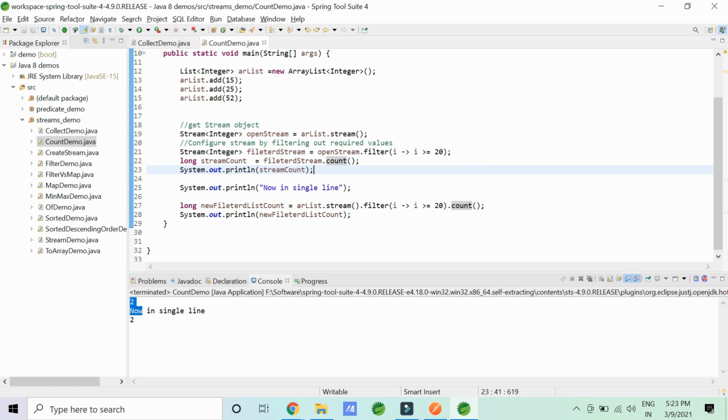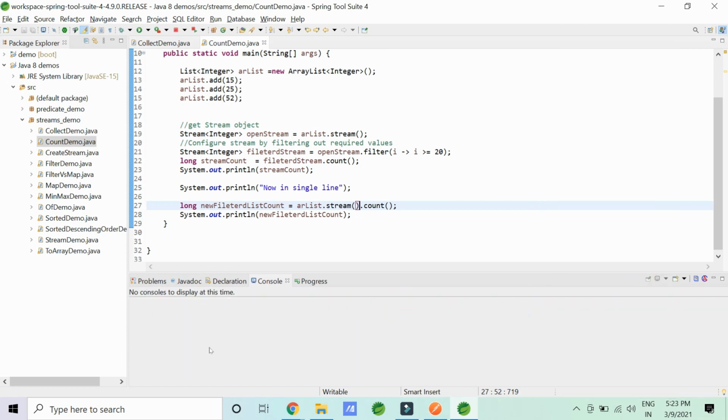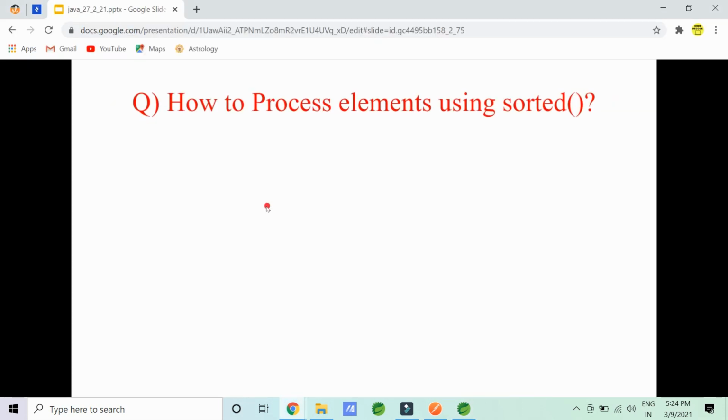Now if I don't want to filter, I just want to count it in a raw stream. Then what should I do? I should just do this. And now my new count will be 3. So my new count is 3. So count always works on a stream. Even after configuring by filter or map, you always get a stream. That is why you can do a count either on the raw stream or on the filtered or the map stream. So this should be very clear to you in the interview. You don't always necessarily do filter or map. You can always put a count on a raw stream also, and after filtering it or mapping, you can also use the count. So let me quickly move ahead to the next interview question.